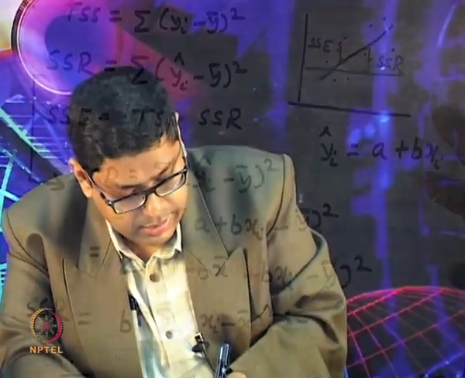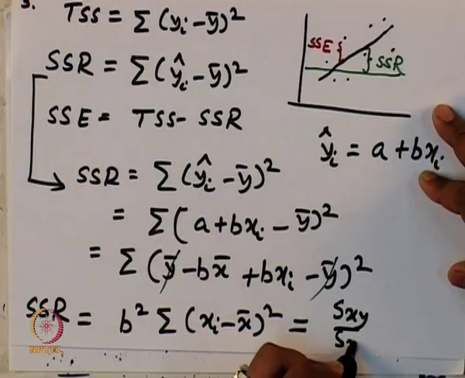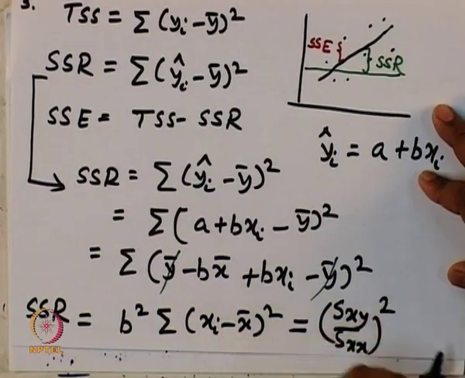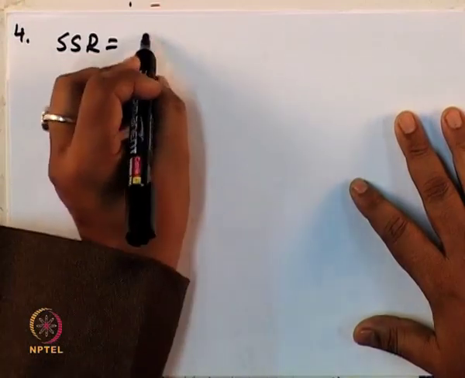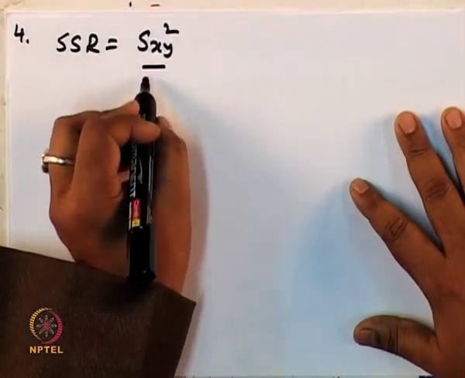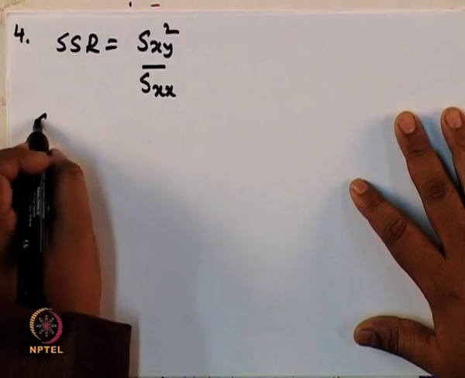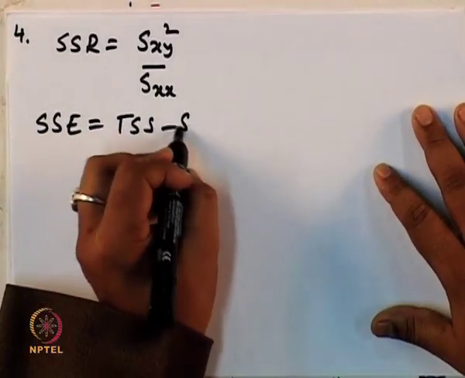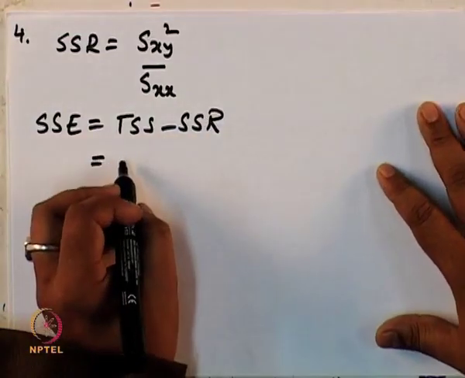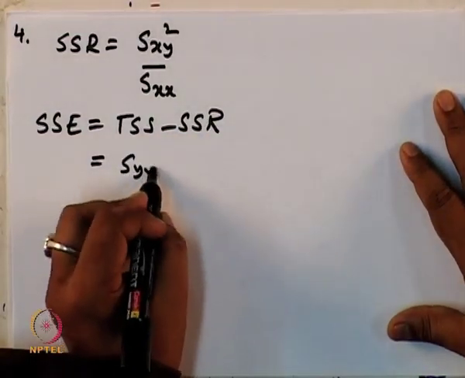Okay. And so, this you can rewrite as s of xy by sxx is what is b times this is nothing but s of xx. Okay. So, finally, you can write SSR as s of xy square by s of xx, and your SSE is TSS minus SSR given by, okay, SYY minus